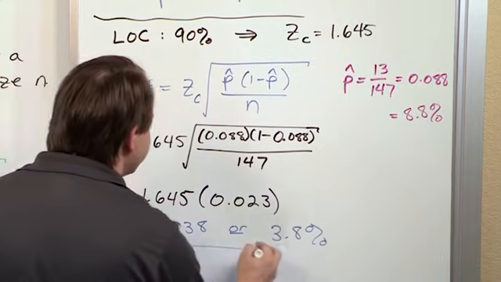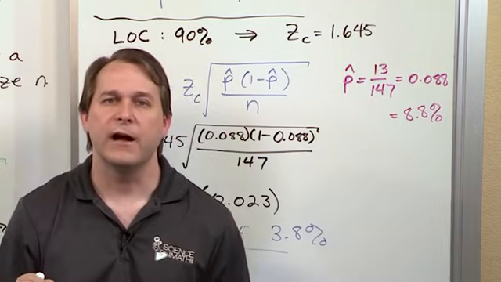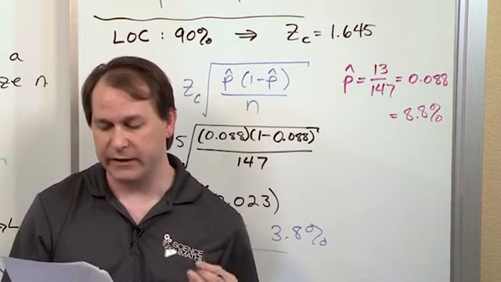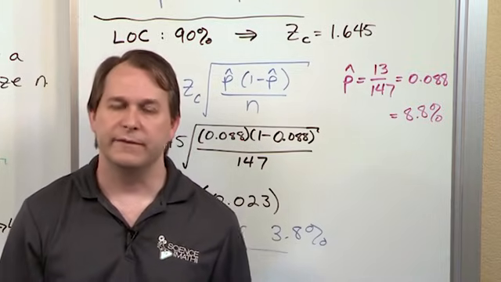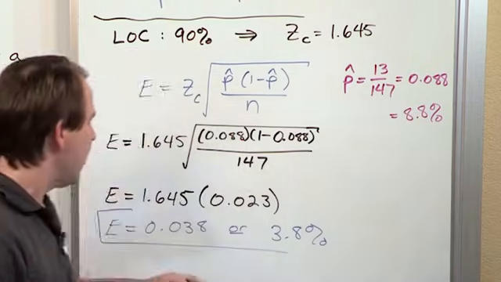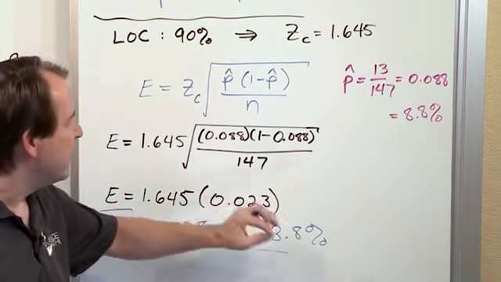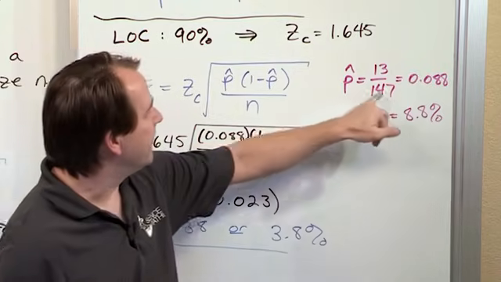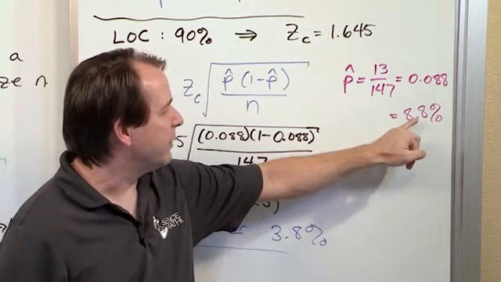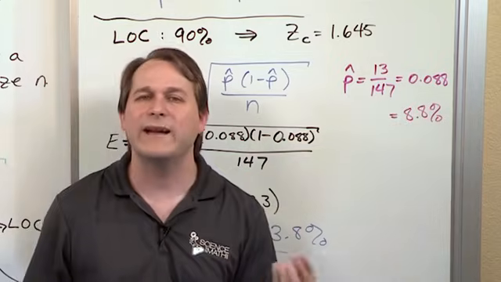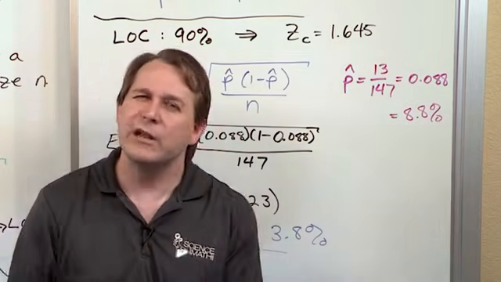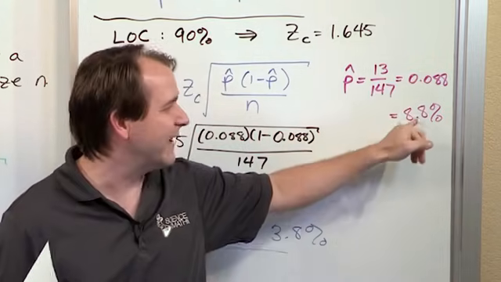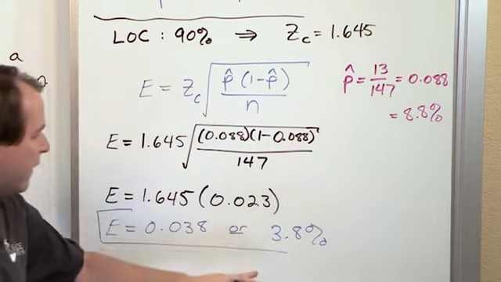So this particular question didn't actually ask you to calculate the confidence interval. This question said find the margin of error for the confidence interval at 90% for the number of teachers nationwide who know sign language. And we're saying the margin of error is 3.8%. So what we're basically saying is that we did our sampling, and what we got when we asked 147 teachers is that 8.8% of them knew sign language. But we know that's not really true for the whole population. There has to be an error associated with this sampling estimate,